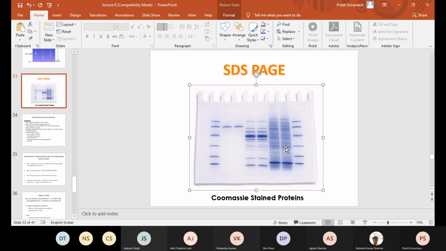The lanes which are third and fourth from the right are showing hazy multiple bands. This is likely to contain cellular protein extract. And if you remember from the earlier classes, an E. coli cell is likely to contain how many genes? Ma'am, can you please repeat the question? The question is how many genes are there in E. coli? We discussed in one of the earlier classes, don't forget.